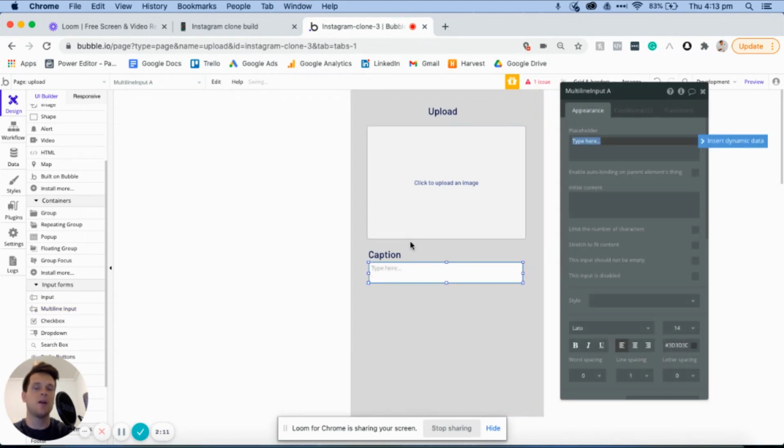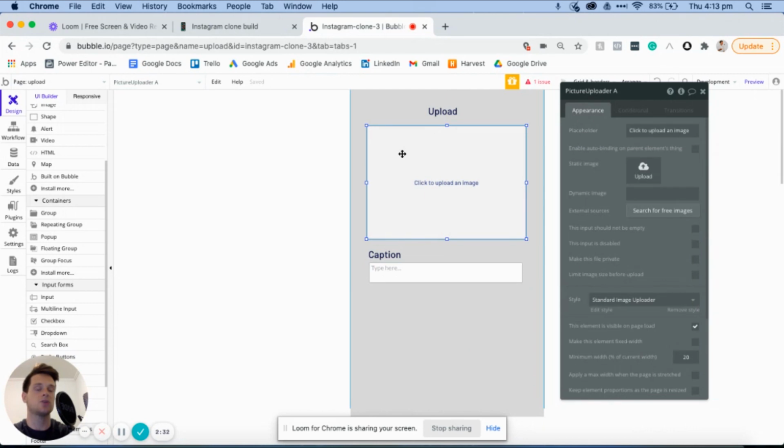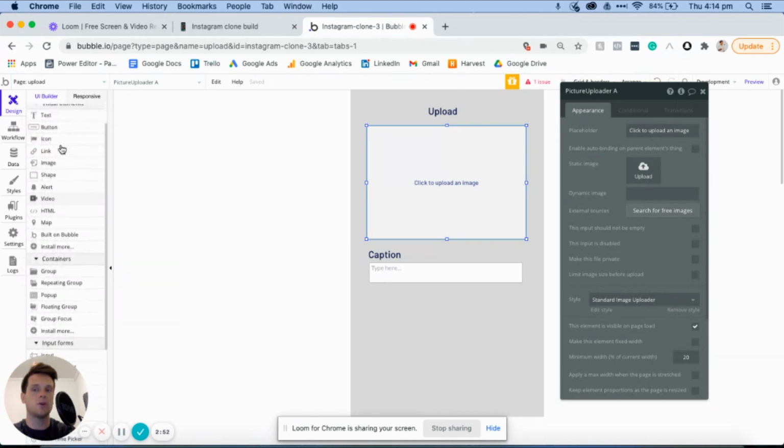just to allow them to add a caption. Now, this is slightly different to the user experience of Instagram's current upload process. So they actually break this into 2 pages, which you can definitely do. In their instance, what they have is a dedicated page to uploading the image first, and then it sends you to another page to add a caption. Now, you can easily create that experience by creating a navigation feature within your workflow after that field is no longer empty. For the sake of our MVP though,